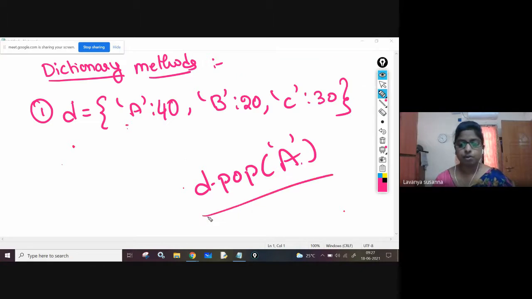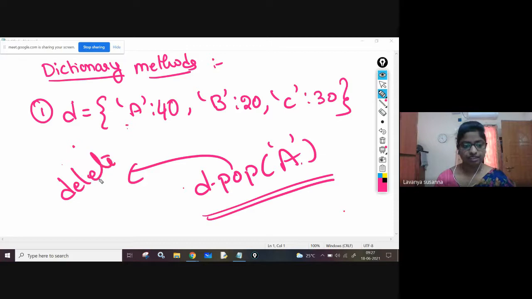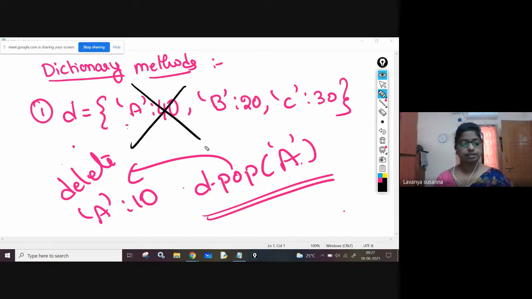If you use pop, the key and its value will be deleted. Pop means delete. You need to call this function using the dictionary object, which is d. D dot pop of a. Here you need to pass the key, only the key. Then the key a and its value will be deleted. Okay, next one.